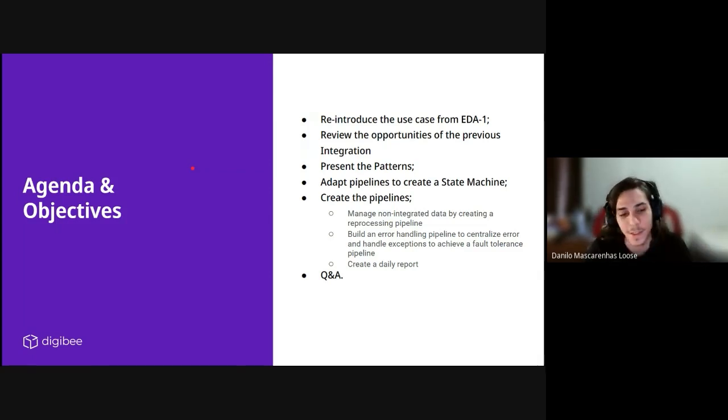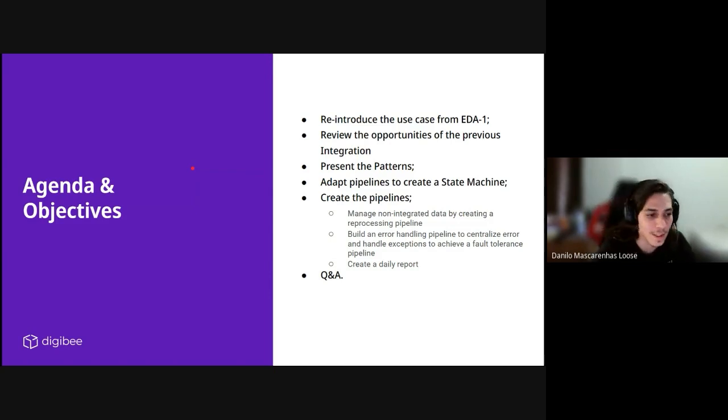And present the pattern. So basically, if you are going to create other pipelines, I'm going to present you the patterns of that pipeline. So why we want to create this and what should it look like, because it's a pattern, so it has some kind of format, and I'm going to show it to you.